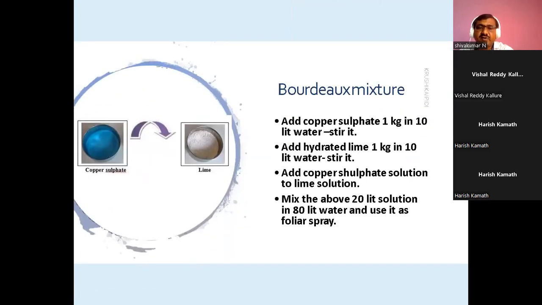And also borax mixture. This is used commonly in arecanut. Usually they use copper sulfate and also magnesium sulfate. You have to use these commonly for every crop, like copper sulfate, magnesium sulfate, even zinc, boron. These are all very important micronutrients. If you don't apply them, then there will be losses. That's why this copper borax mixture is used in arecanut. Whereas in general, you can use copper sulfate, zinc sulfate, and some other micronutrients in every crop. Specifically, zinc and boron you have to use commonly.